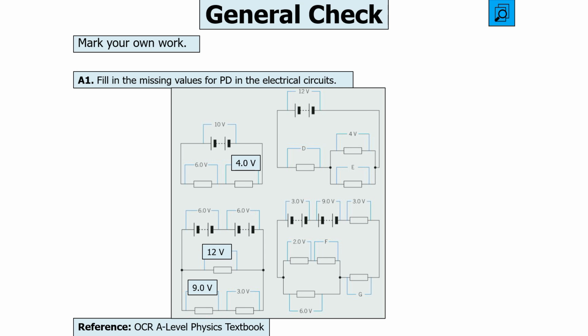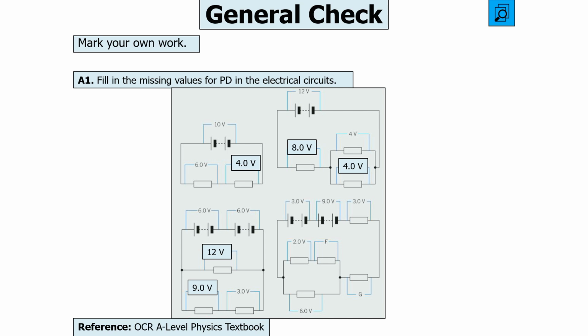Now in D we know that 12 is going in, but we know that parallel branches have the same potential difference. So for E it's in parallel with 4 volts, so it will have 4 volts, so therefore D will have 8 volts, like so. And in this one we've got to be very careful, because even though it's on the same level as the two EMF sources, there's actually a 3 volt resistor there, so it's not producing EMF,